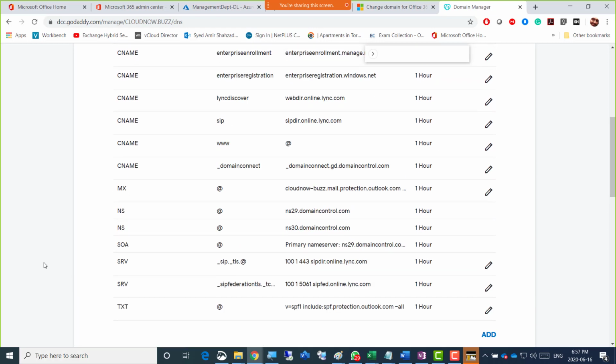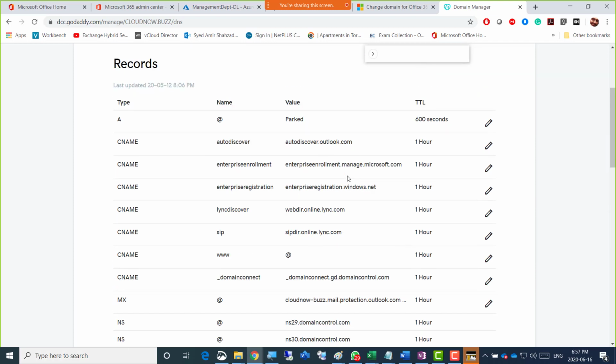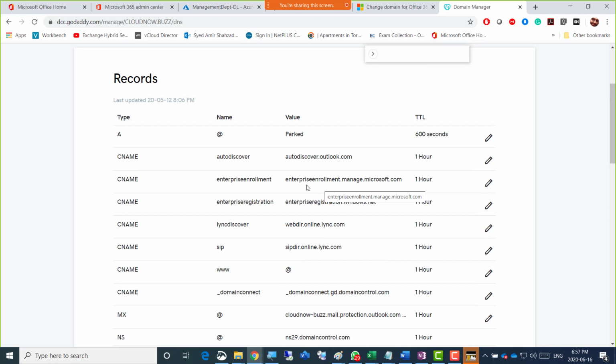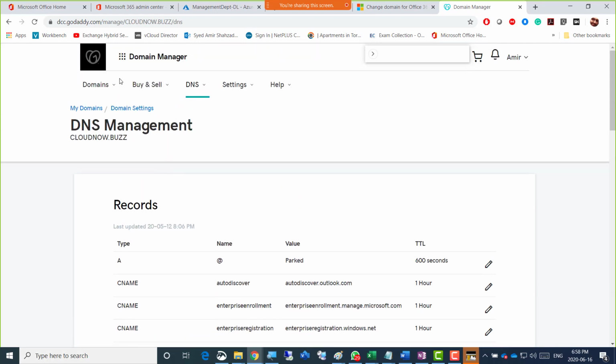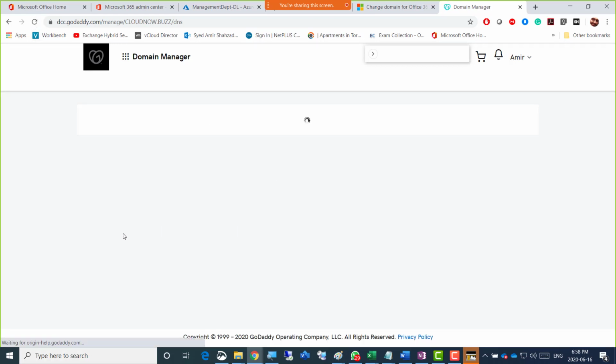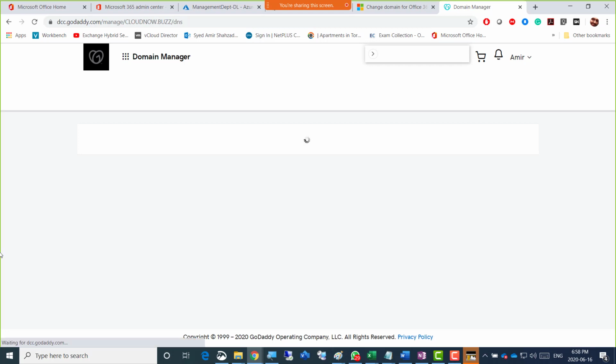You know, in my case, oh yeah, there's a cloudnow.buzz, so it actually shows that no, it did not remove the records for that domain, and it's a manual process to do that. But guys, you can also confirm, because I have added to this site many times, and yes, it clearly shows that the records are there. Maybe it takes time for the records, as the 24-hour span was showing there, or Vikas was showing the 24-hour time as well. So we can check tomorrow for confirmation whether the records were automatically removed or we have to remove them ourselves.